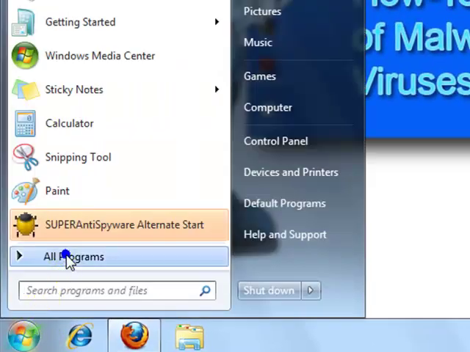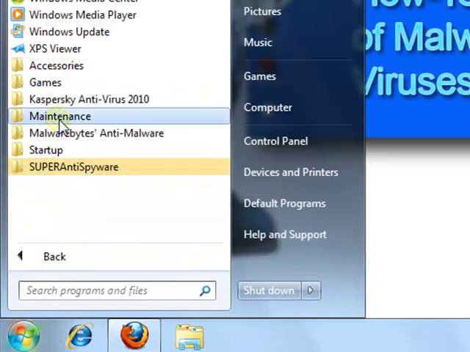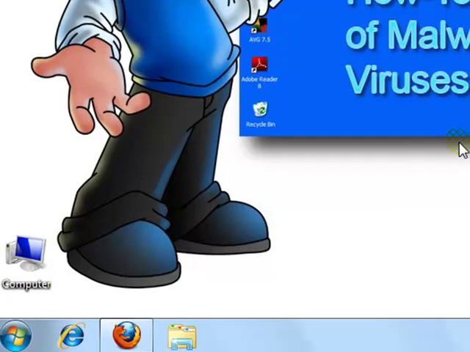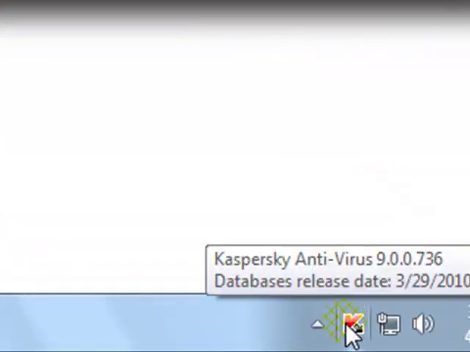When you restart your computer, the Kaspersky key should be here. If not, go to the Start button, All Programs, and look for the Kaspersky folder. Click that, and then click this here to open up Kaspersky Antivirus. But I will not do that since it is already here. Open up Kaspersky Antivirus here, click on the red K,